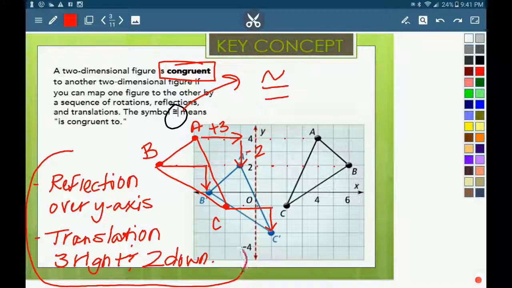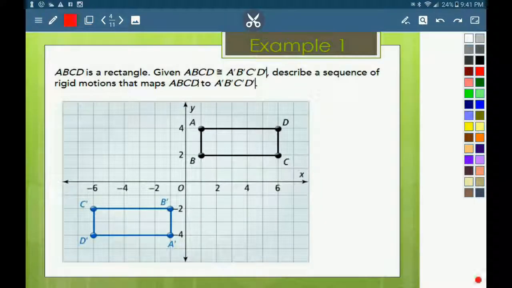These steps that we write down, that's the proof. That's what shows one triangle is congruent or the same as the other triangle. So let's do this in another example, and be aware that there could be multiple ways of being able to make one figure sit on top of the other. So don't feel like if I do this example one way that you couldn't do it another way. In fact, I'll show you two different ways of how to do example 1. The first one that a lot of students will probably think of is two movements, which would be first to reflect